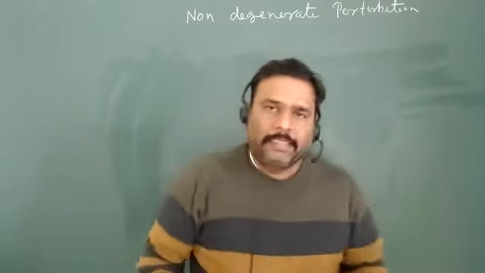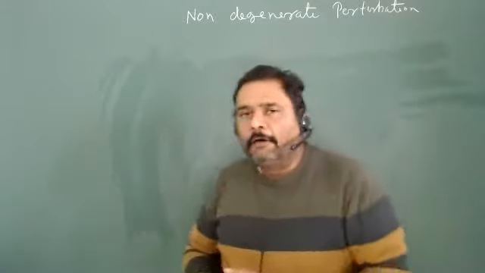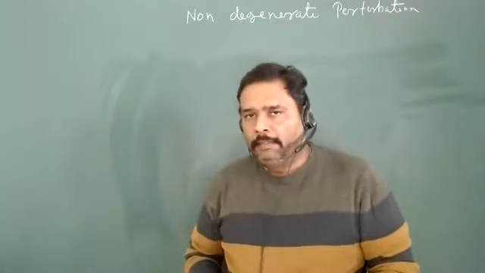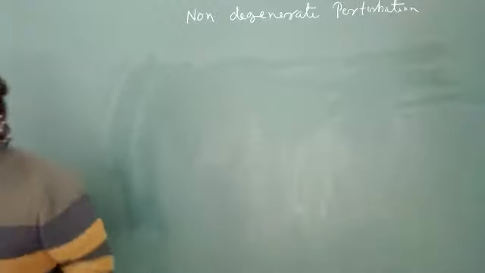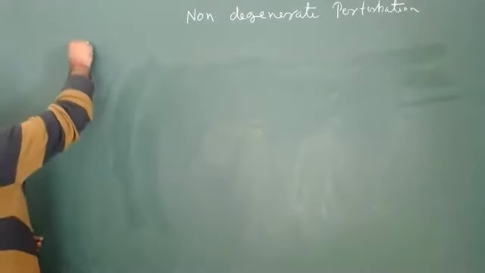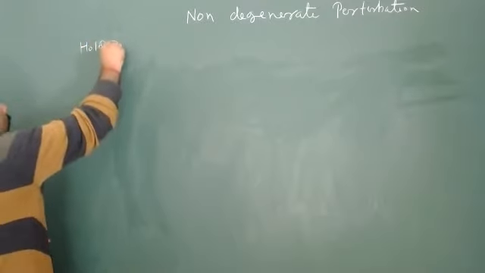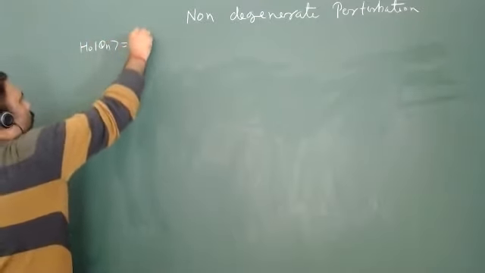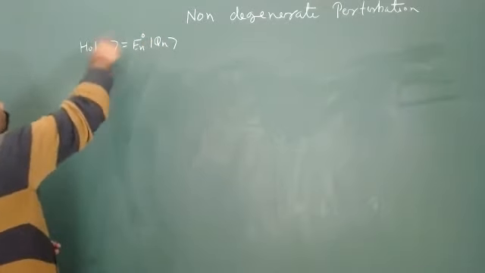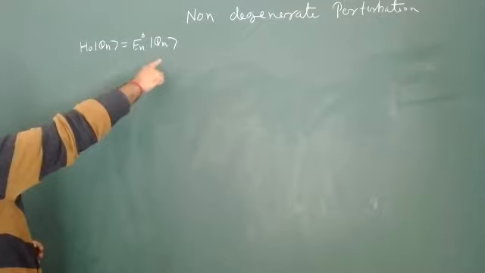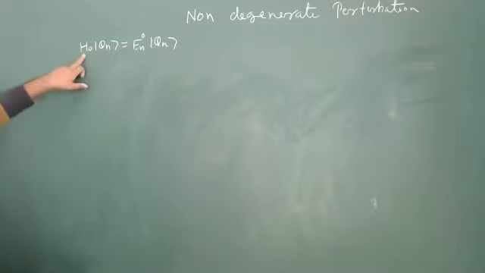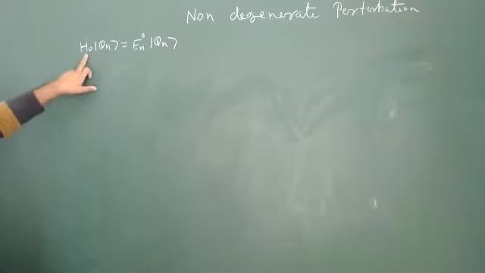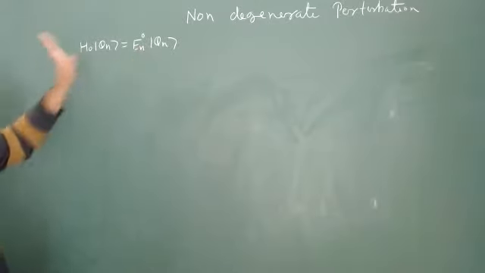Okay, in the last class we derived all the correction terms of the perturbation in non-degenerate theory. So what are the main conclusions? We have H0 phi n equals En0 phi n. This is the eigenvalue equation, and we know its status. This is normalized, this is the energy eigenvalue, and this is the solvable Hamiltonian, or you can say the original Hamiltonian, and you know all the phi n and En0.